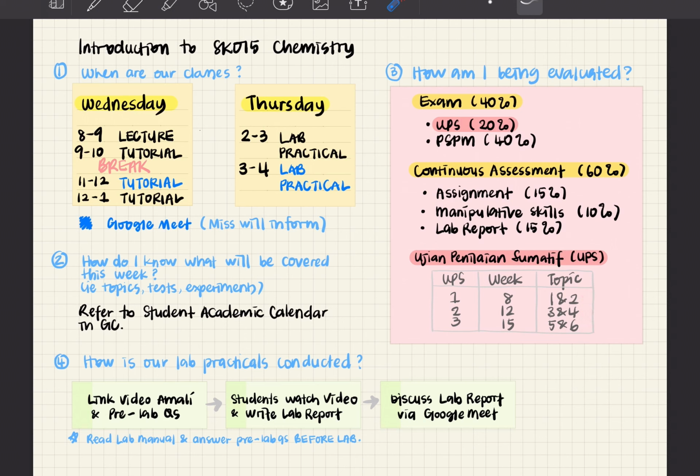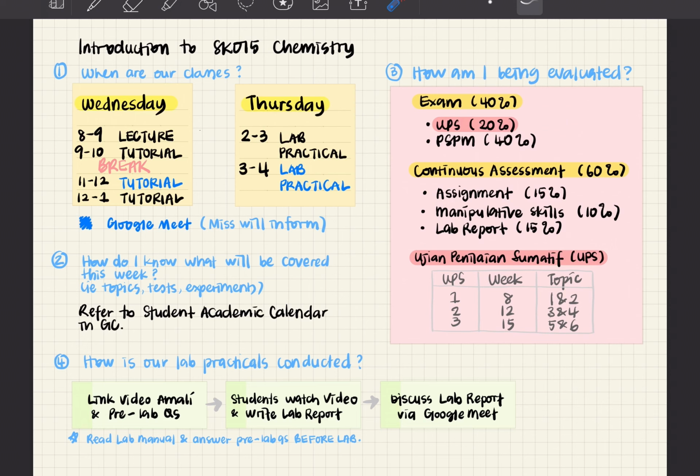Basically, the marks for UPS 1, let's say 20. If you get full marks, 20/20, 20/20, 20/20, for UPS 1, 2 and 3, then you will get 20% here. It is the average mark.